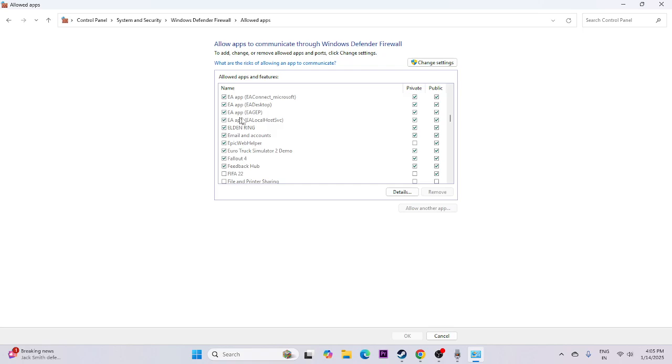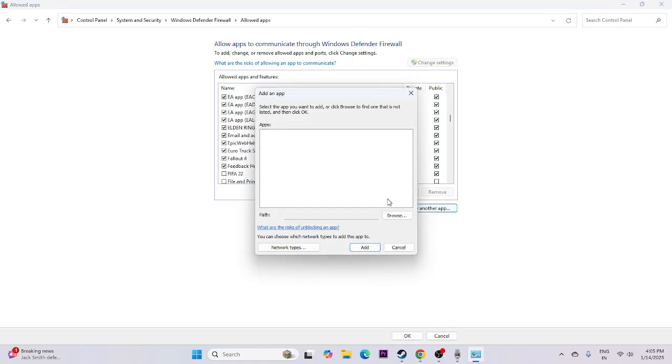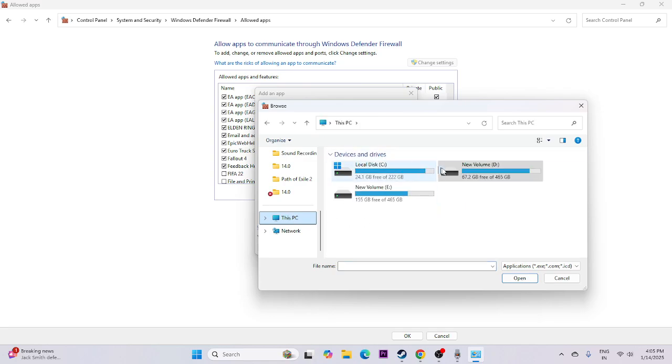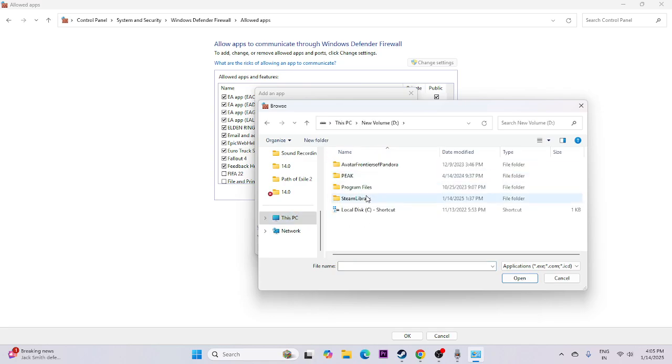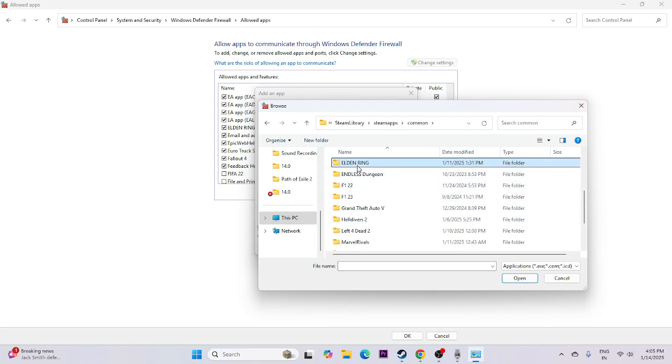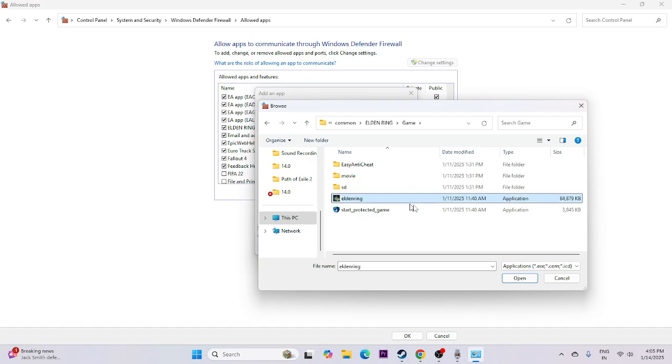You're fine with that. Once you are fine with this one, we just need to proceed to the next one. And keep in mind, if you don't find the Elden Ring here, just click on change settings, go to allow another app, go to browse. Now from here, go to this PC, go to local disk D, go to Steam library, SteamApps, go to the common. Now from here, scroll down and navigate to the folder Elden Ring, select this one, and you have